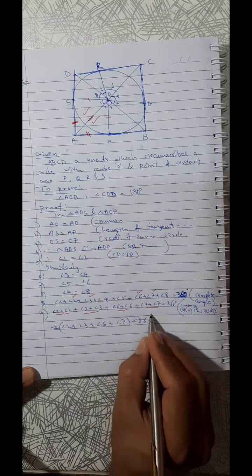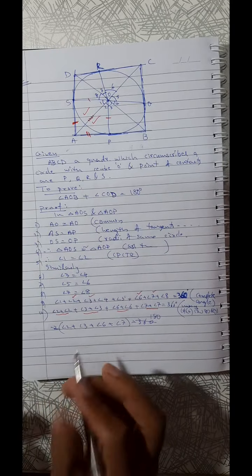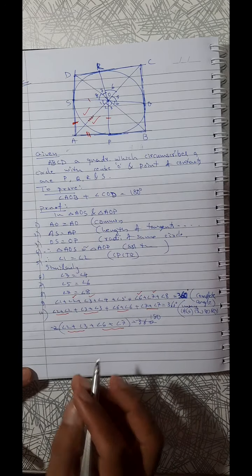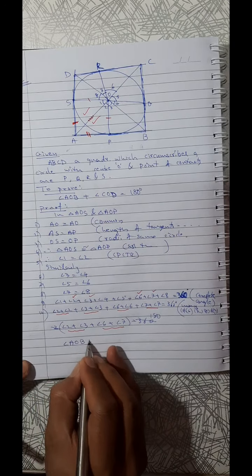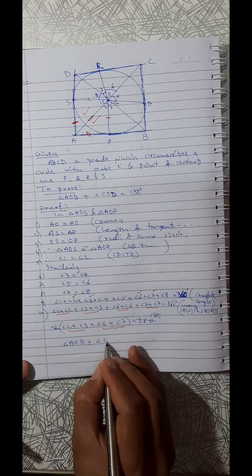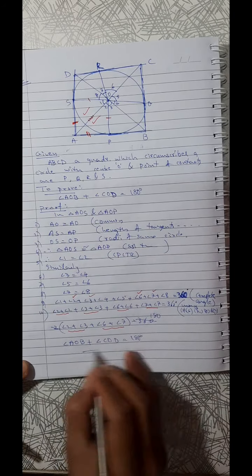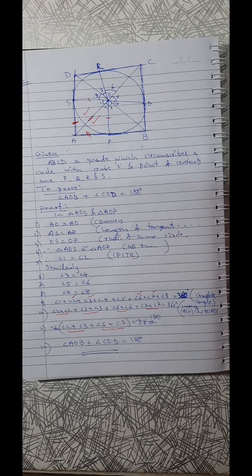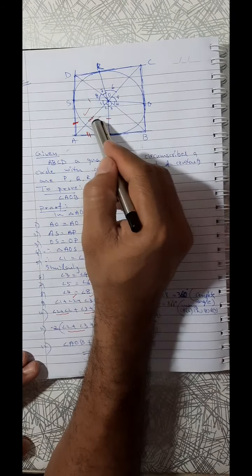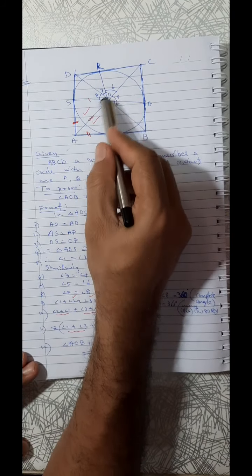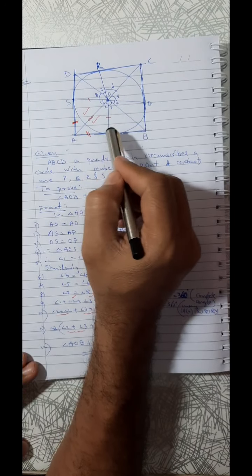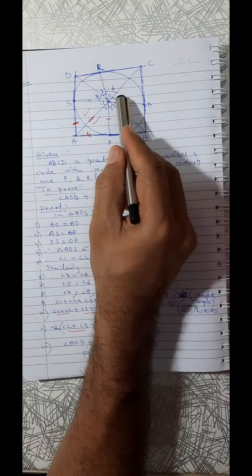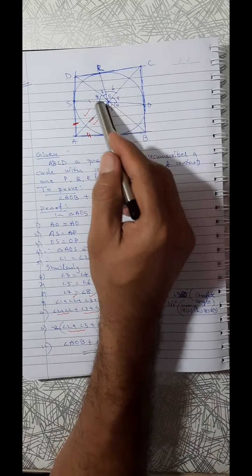The total is 180 now. 2 plus 3 can be combined, and 6 plus 7 can be combined. 2 plus 3 together is angle AOB, and 6 plus 7 together is angle COD, equal to 180 degrees. This much only. Very simple, because this congruency we have already done many times. AO common, OS equals OP radii, AS equals AP length of the tangent, so they are congruent. Therefore 1 equals 2. Similarly, 3 equals 4, 5 equals 6, 7 equals 8. Everything together is 360 degrees, a complete angle.